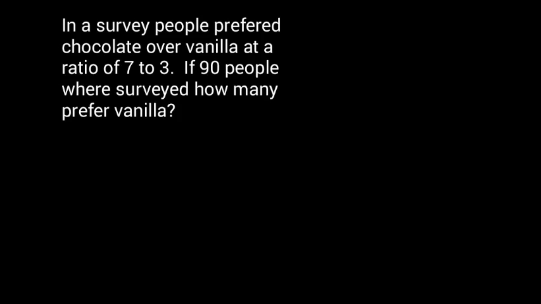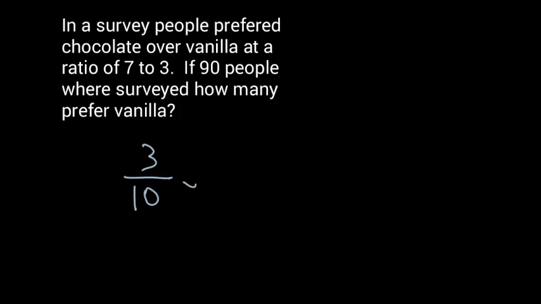Alright, so let's do one more example. In a survey, people prefer chocolate over vanilla at a ratio of 7:3. If 90 people were surveyed, how many prefer vanilla? So chocolate over vanilla. Chocolate came first, so that represents the 7, and vanilla represents the 3. So 3 people prefer vanilla out of a total of 10. I had to combine my chocolate and my vanilla to get the part over the whole. So 3 out of 10,